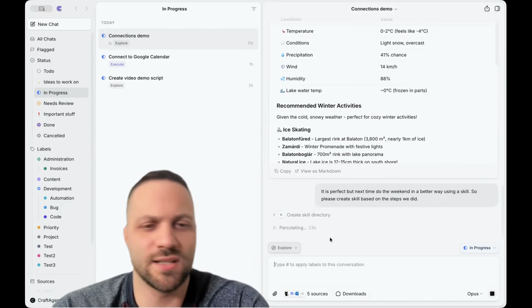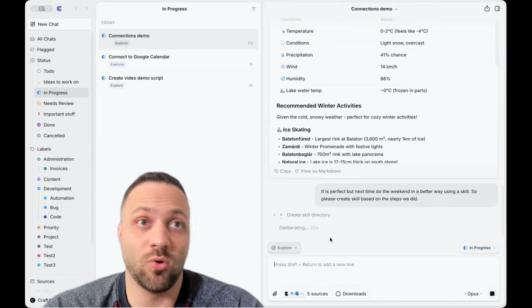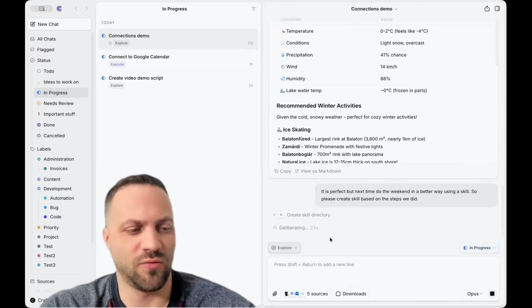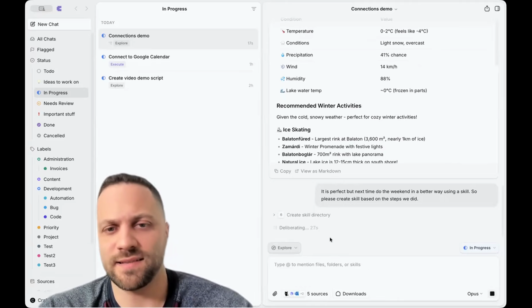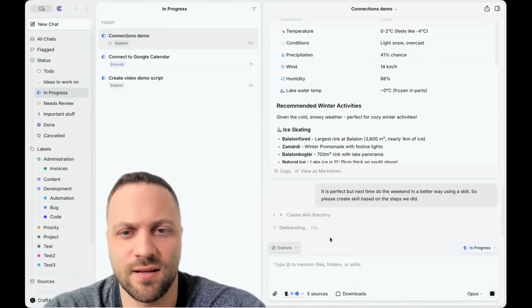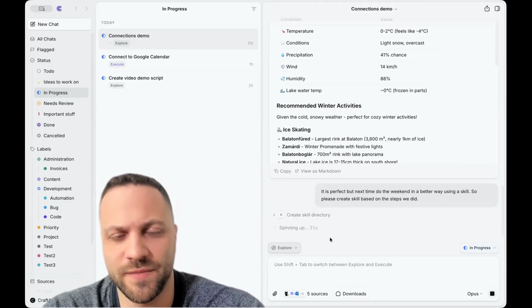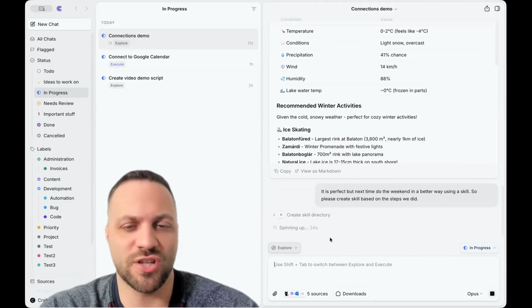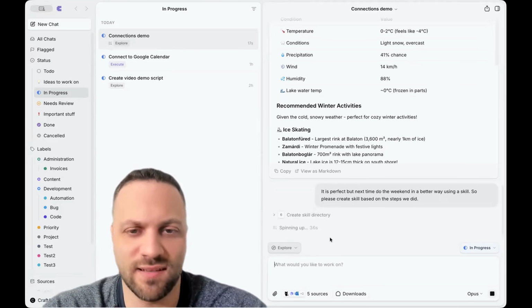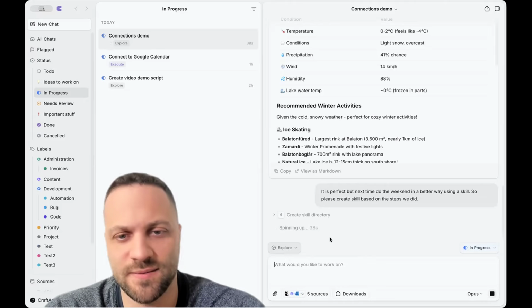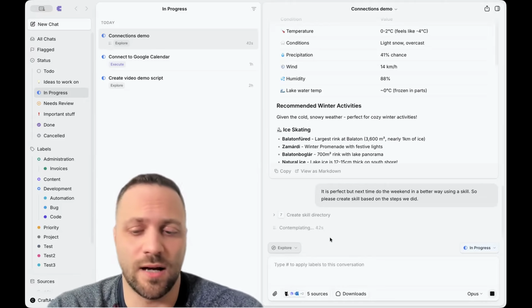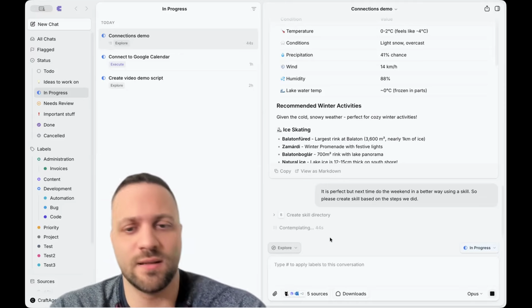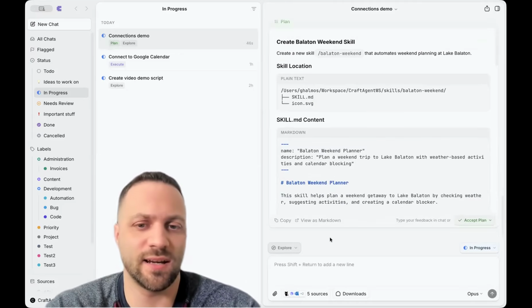So now I'm basically just asking the AI all the steps that we were discussing. So first, look up my calendar: do I have a free weekend? If yes, then come up with a nice plan for the activities. And then, of course, check the weather and give me some funny cat facts for the weekend. So these steps, I did it in a few minutes, but next time I can just trigger it through a